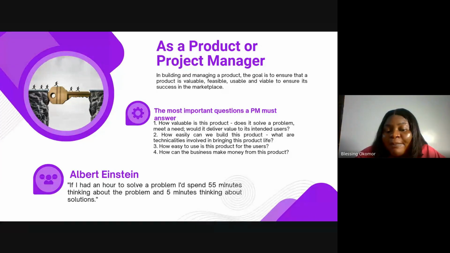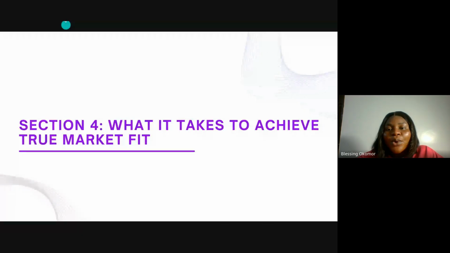The problem is that problem. Think about the problem, get to understand it. Create strategies on how that problem is going to be a success by the time you launch it. Then you can think of the solution: how should I now launch it? So this is all you need to know about your responsibility as a product or a project manager. These are the basic foundation you need to know, right?